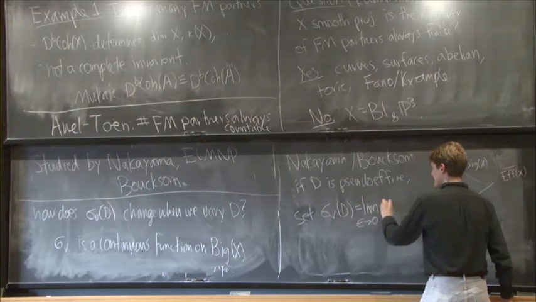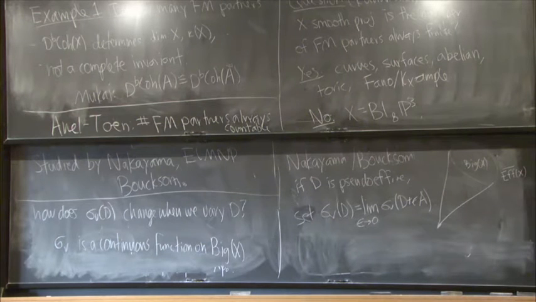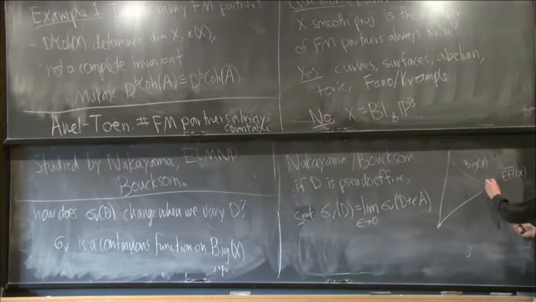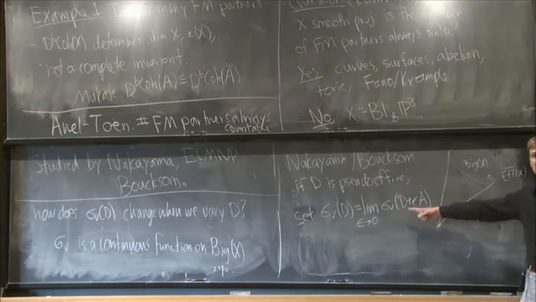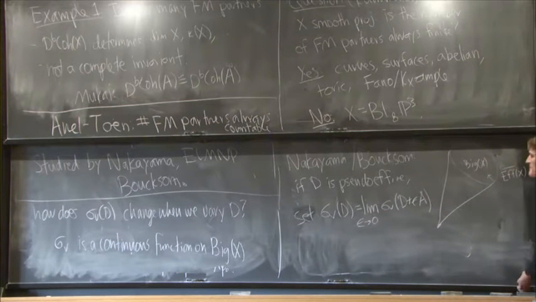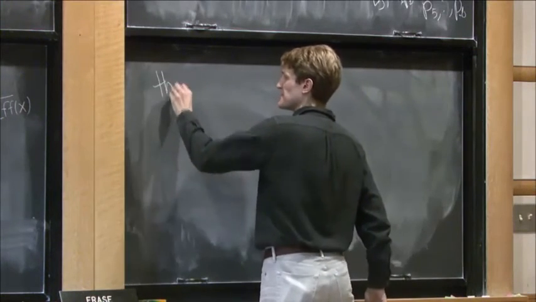We're going to fix an ample divisor A and take the limit of sigma v of d plus epsilon A. Now the question burning in your minds is, why does this limit exist at all? If you take a pseudoeffective class, you add a little ample. That pushes you inside the cone. So now you have a big class for any epsilon. Sigma v makes sense there. Now you go back towards the boundary, and the question is, why does this sigma v have a limit? The good result here is that this is finite. So the limit exists.